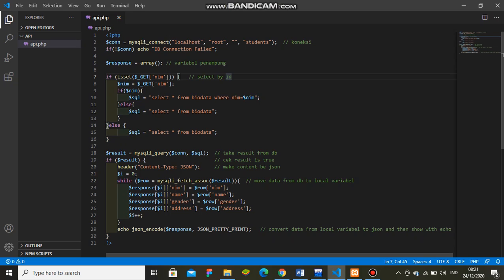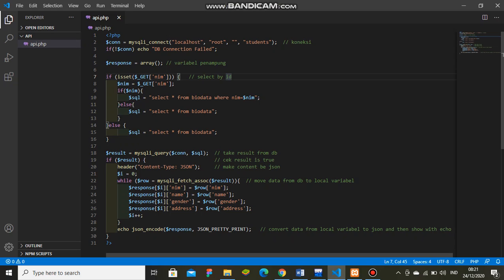If it does not include a name, we go directly to else and select star from biodata. If the link uses a name for select by ID, we check here: select star from biodata where name.